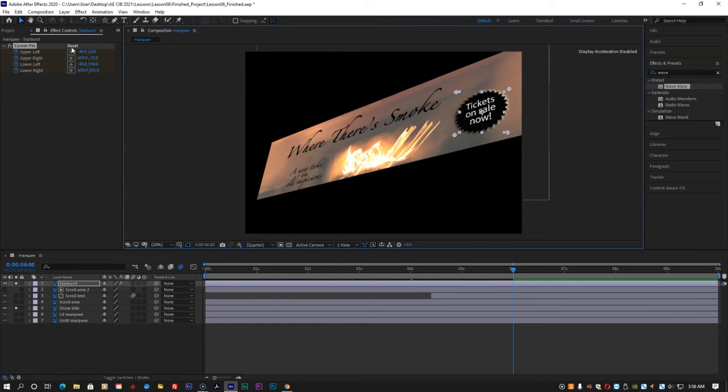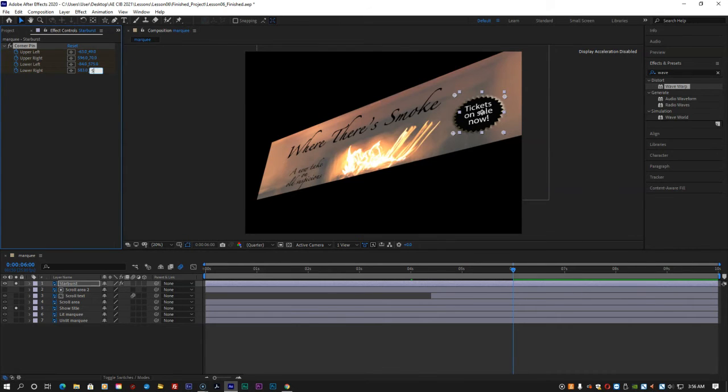For the upper left, set it to -63 and 49. For upper right, 596 and 70. For the lower left, -84 and 575. And for the lower right, 583 and 561. Go to 8 seconds,